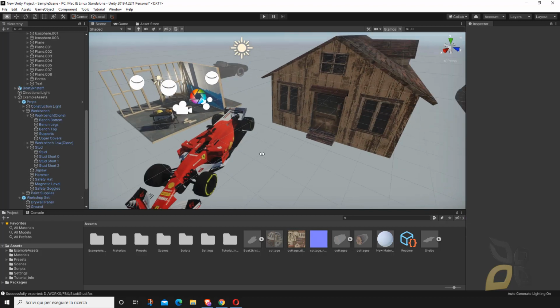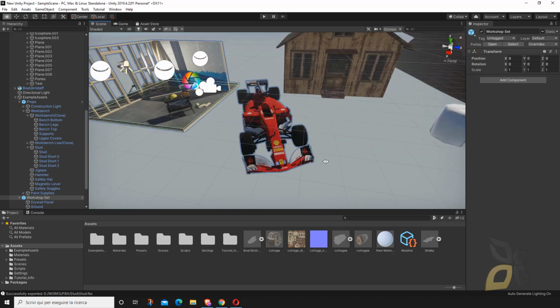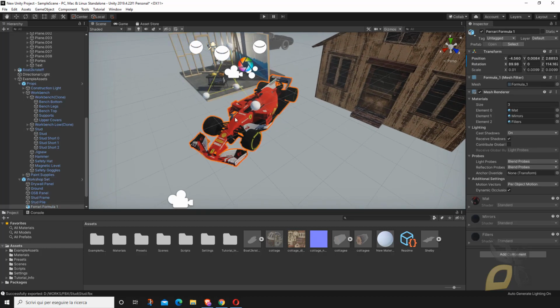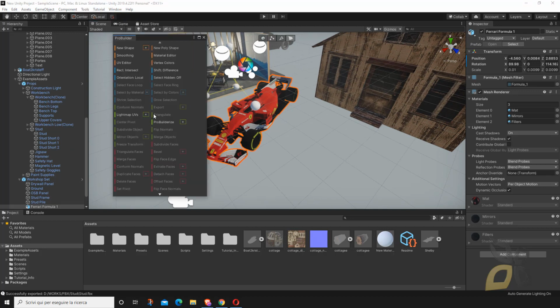Now to do that, I can select an object. For example, let's take this Ferrari Formula 1, and then I will go to the ProBuilder window, and you will have to look for this ProBuilderize.